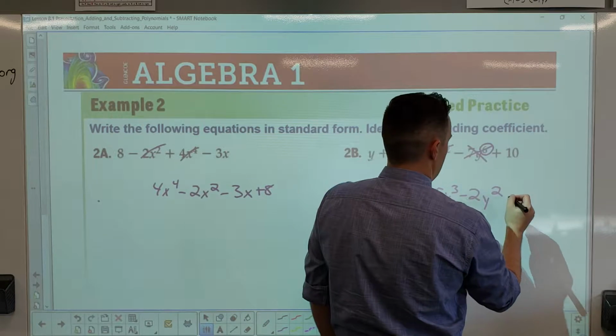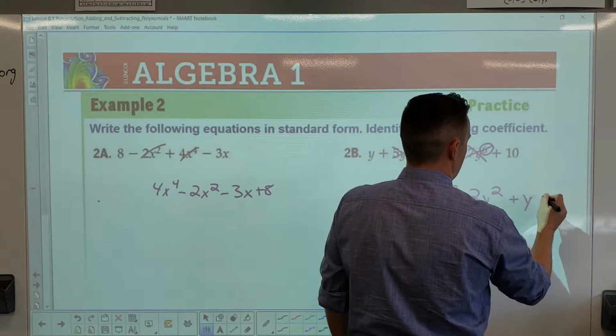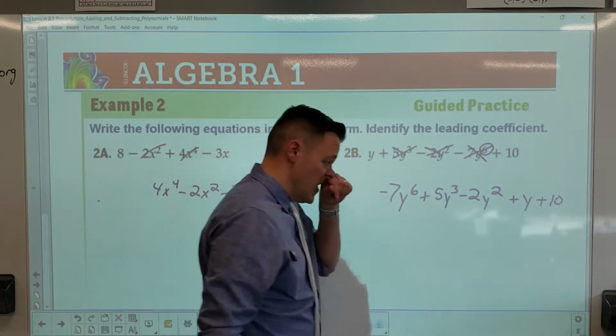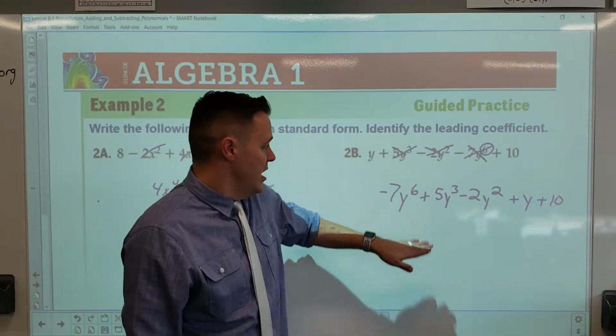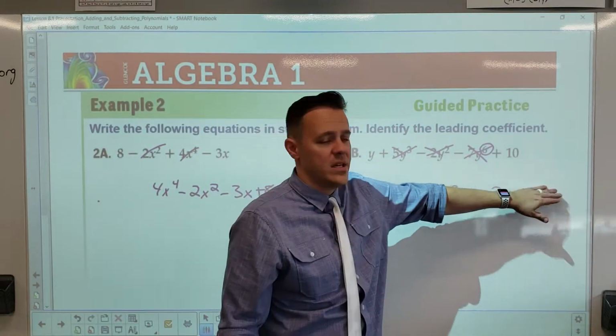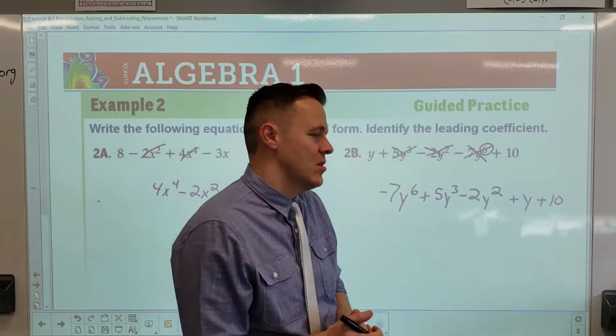And then it's going to be plus y plus 10. All right, so you guys could see, hopefully, it goes from 6 to 3 to 2 to 1 to 0. Now, why do we say 0? Because